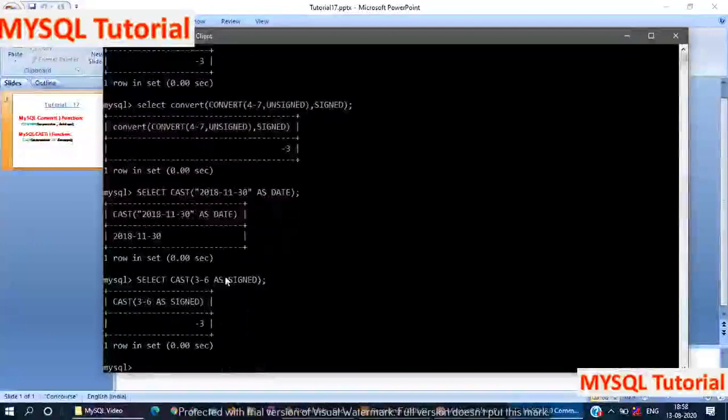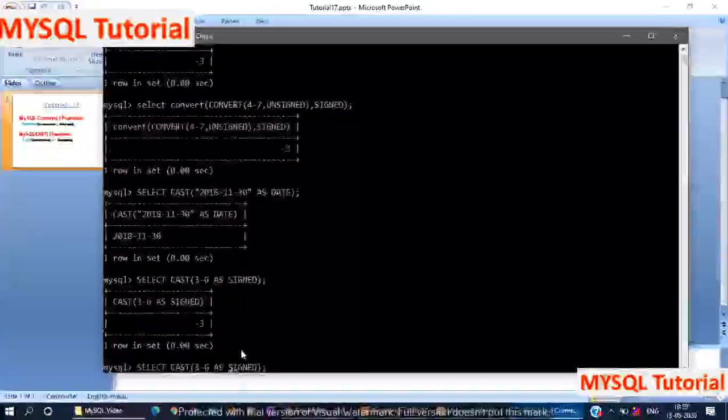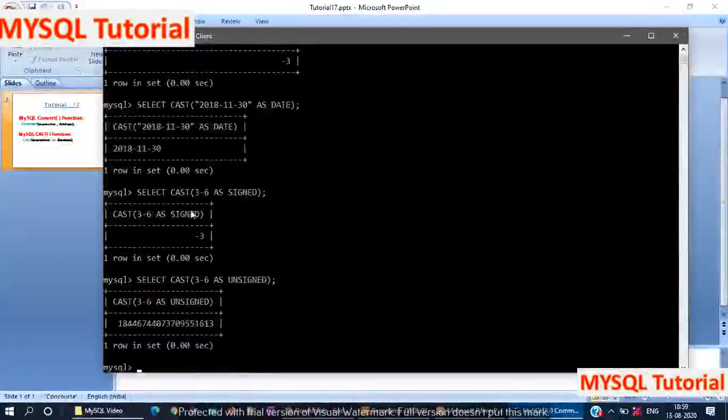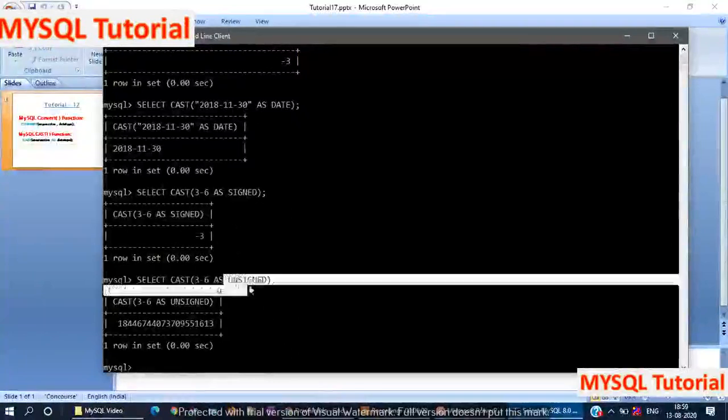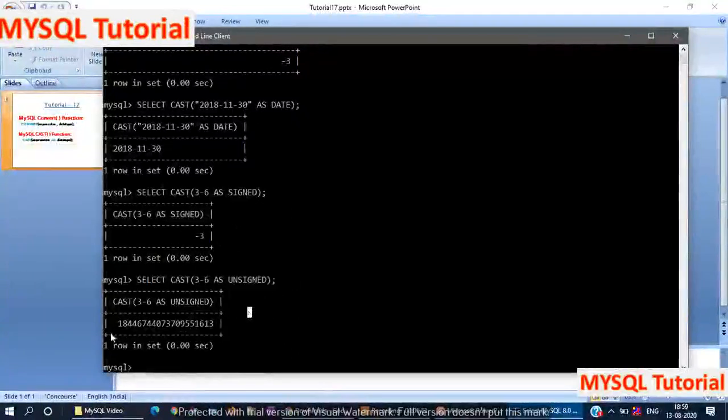Now again we just change it to unsigned. Here you can see the difference. When I mention the signed data type, it returns -3, and when I mention the data type as unsigned, it returns this value.